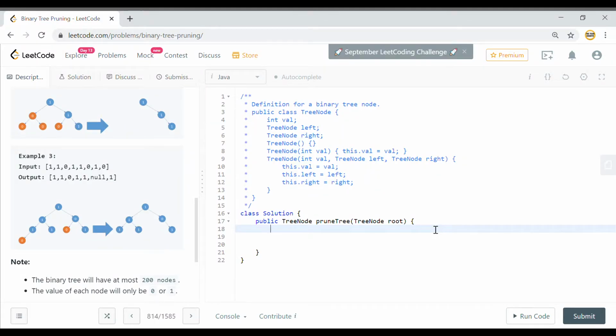To solve this problem, we'll again use DFS, which is a common approach for trees, and we just need to see what to return when we do the DFS and what checks we need to implement. The first check is if root is equal to null. In that case we will just return null. If we have reached a subtree of 1 here, and after that if we go towards left or right and we don't find anything, we'll just return null from here. That will be the first check as part of our DFS.